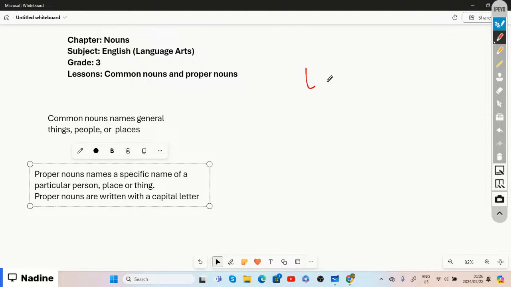I'm going to write it here with my pen, and then you can tell me what I need to underline, then we can identify the proper noun within that sentence. All right. The first one is,